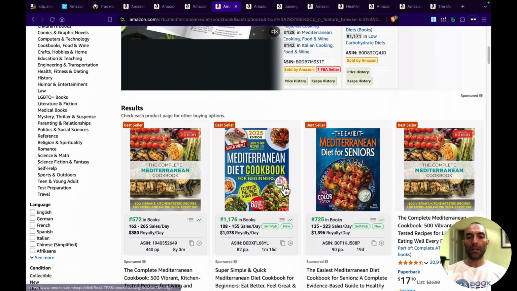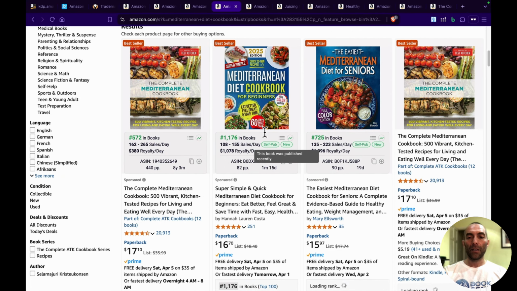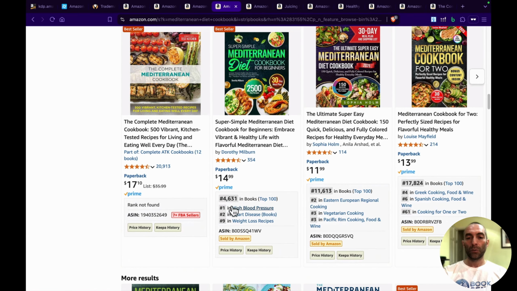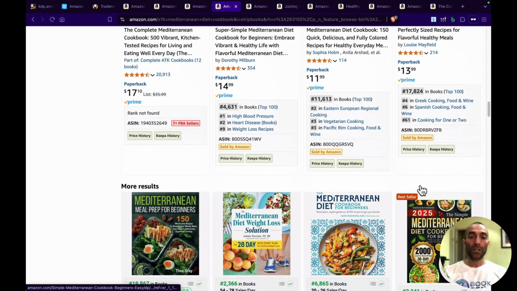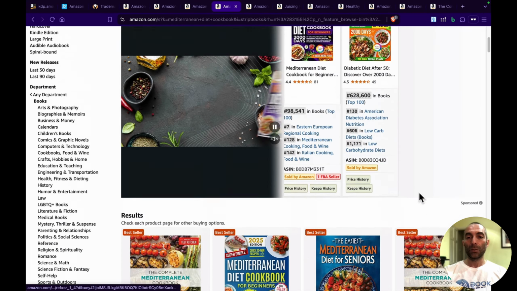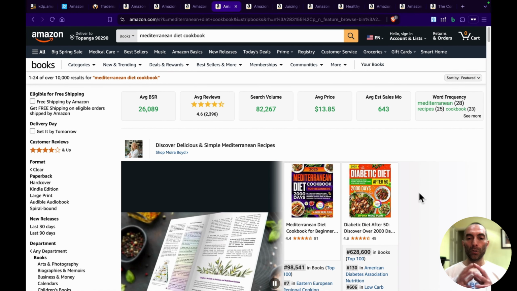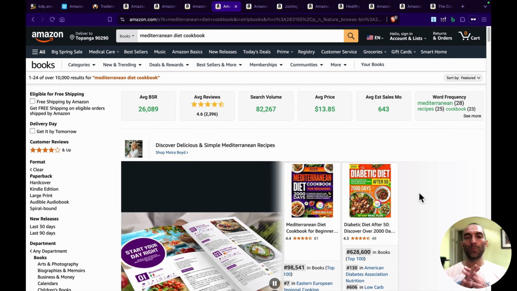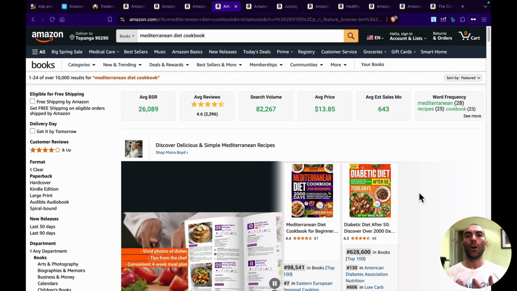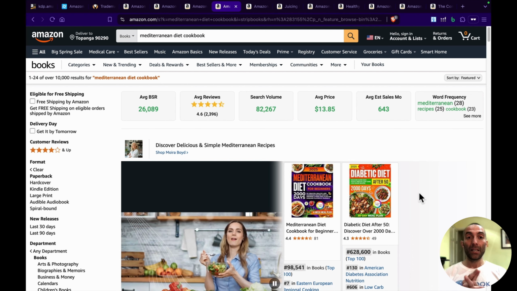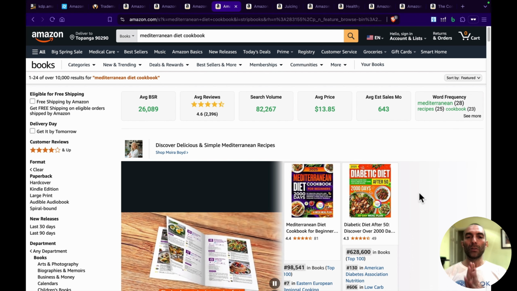Let's have a look quickly again. 500, 1100, 700. These are very, very profitable keywords here. 4,000, 11,000, 17,000. This one straight away tells me that this is a profitable keyword. So what you have to do in a keyword like this, obviously we'll talk more about this, is go more specific. The term is quite broad, Mediterranean Diet Cookbook. So you'll have a lot of competition and a lot of people selling. To enter there at the beginning, it might be a little bit difficult, or you'll have to invest some money